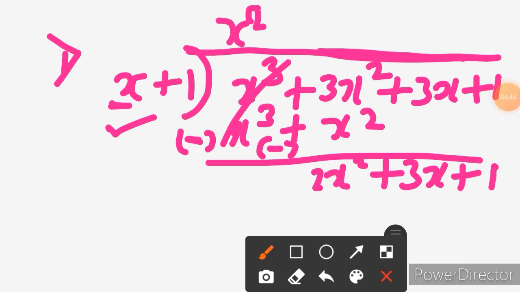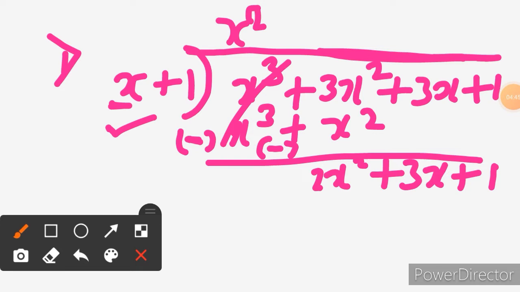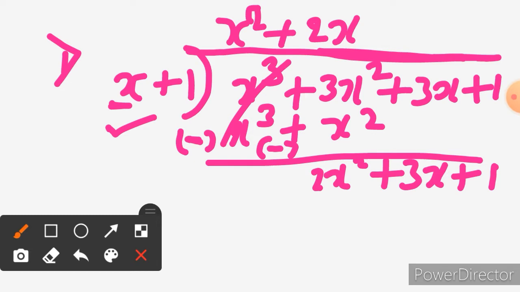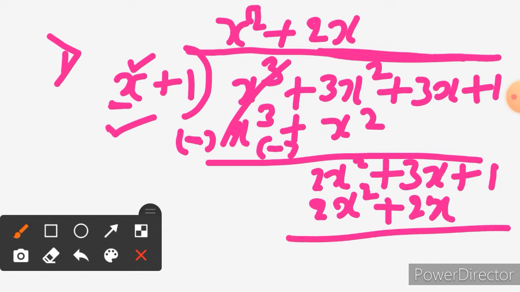Okay, then I want the first term as 2x square here. For that, I'll just multiply 2 and x here. Can you just check 2 and x? If I multiply 2, the first term of the divisor, I'll definitely get 2x into x is 2x square, plus again 1 you should not forget here, plus 1 into 2x is plus 2x. Am I correct? So what is our next step?